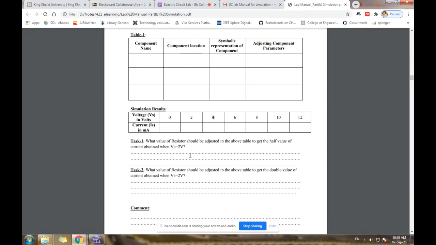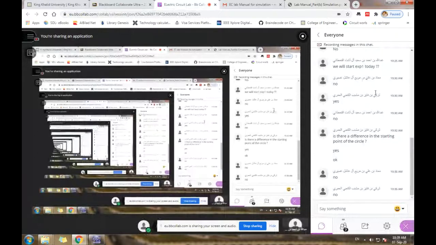So when you install Multisim in your laptop or computer, these are the tasks you are supposed to do. And if you have any question in the task, you should ask me through the course message later on. As no one has installed Multisim, it will be difficult for you to do it. So by the next experiment, make sure you have installed Multisim so that we can start with the task also to understand it completely. Any questions for Ohm's law?